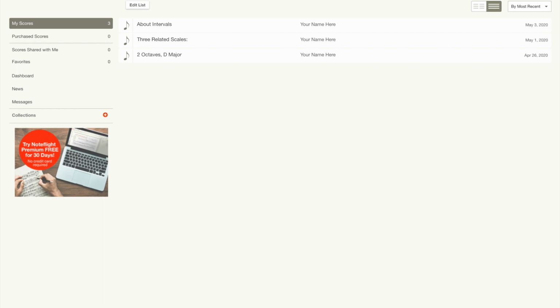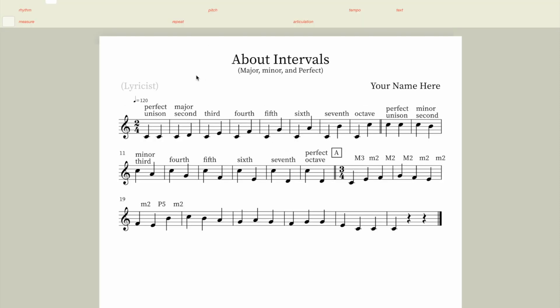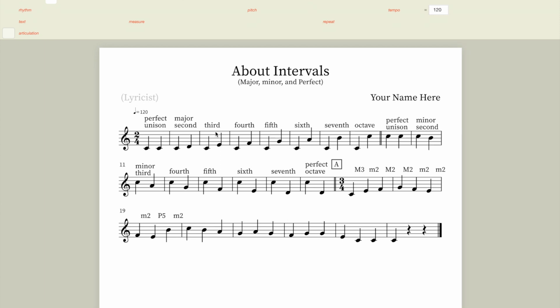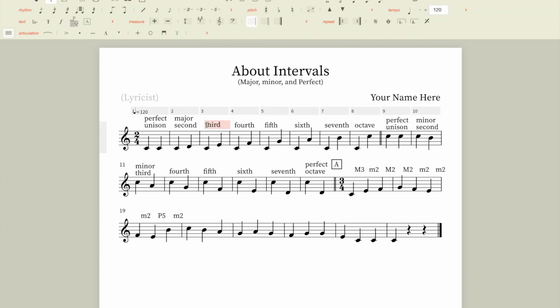So my scores. What I'd like to do is have you open up the most recent assignment, that is to say, the one about intervals, cleverly titled About Intervals. And when this pops up, there we are. And I had left it this far. Now, ladies and gentlemen, what I had hoped you had done with the previous assignment was to not just label perfect unison and major second, but also